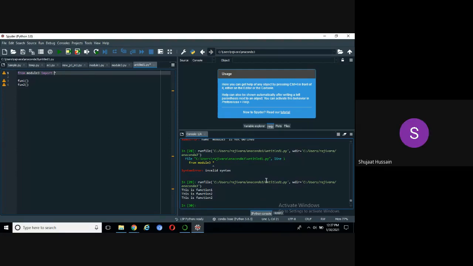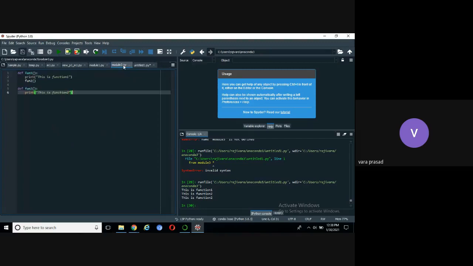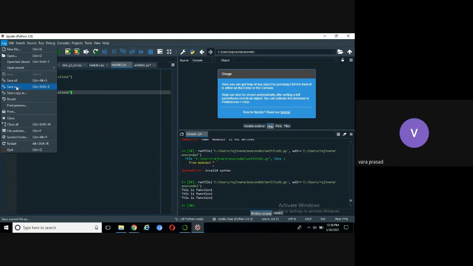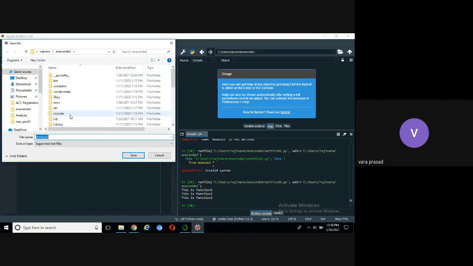Sir, can we create objects with similar name as module that we're importing? Okay, right. We'll do na. That means let us take one object name is function 1. If I give, let us take, function 1 dot py. Am I correct or not?